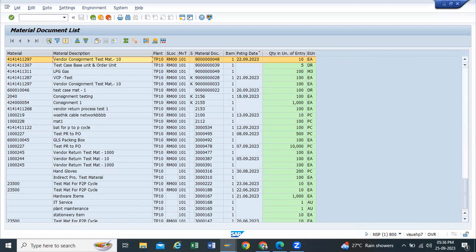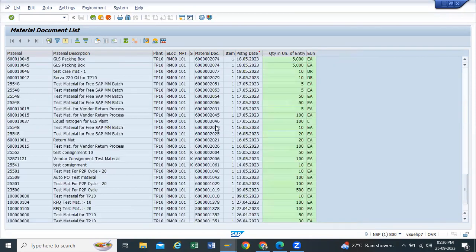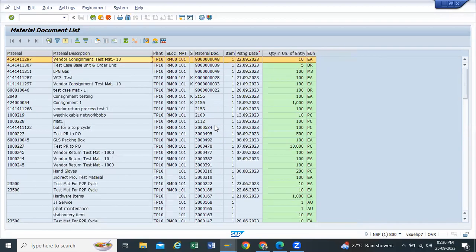Okay, so the last 6 months, whatever the report we have seen, all these posted GRs will come into the picture. This is how we can execute the reports in a single T code SAP one. Okay, so this is the report right now. If I want to